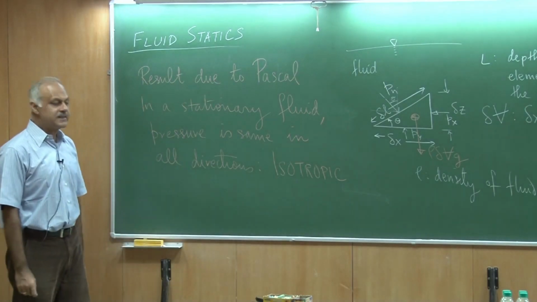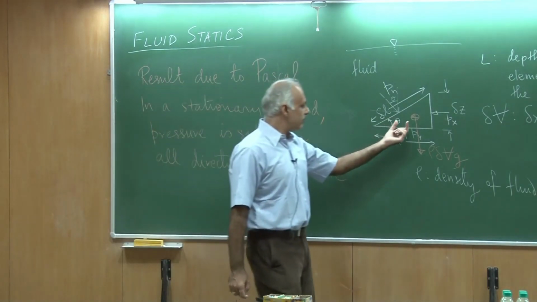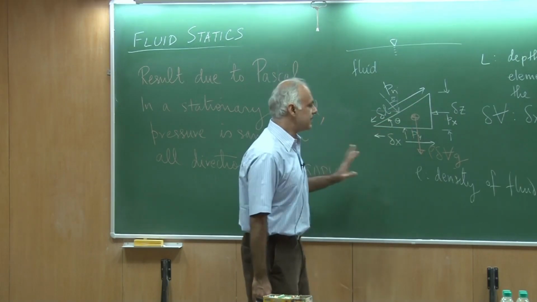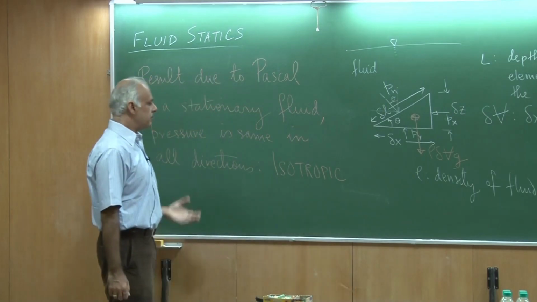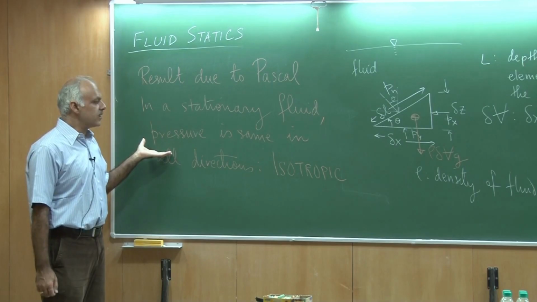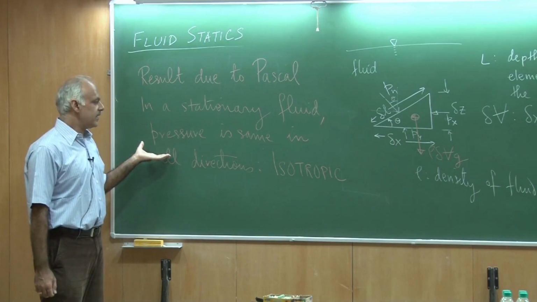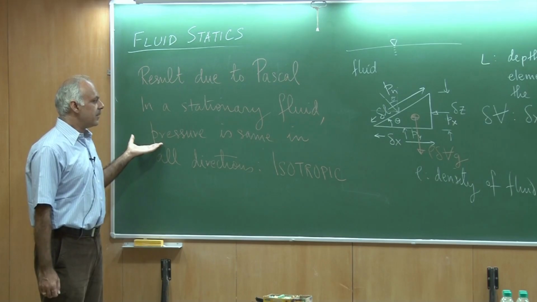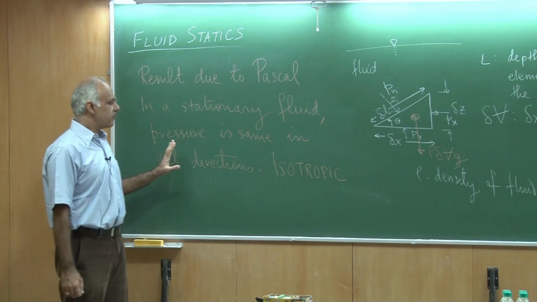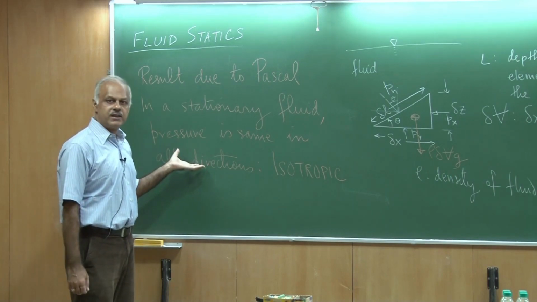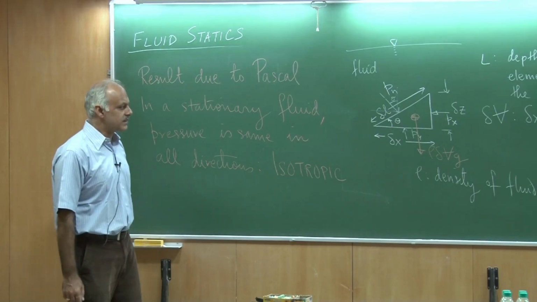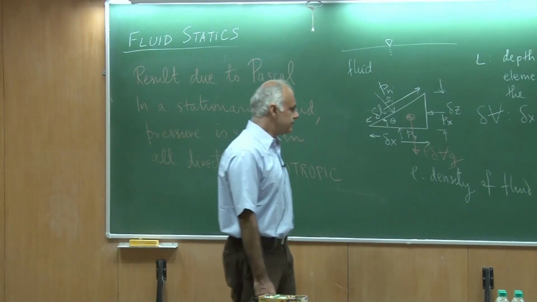So pressure is a very special quantity. If I take a small fluid element, then pressure on all these faces is going to be equal. So that's a very important result. Please note that we have not proved this result for a fluid that is moving, or which has different speeds at different points in time. This result we have shown is proven only for a stationary fluid, but of course we know that this result is true for other situations also where the fluid is moving.